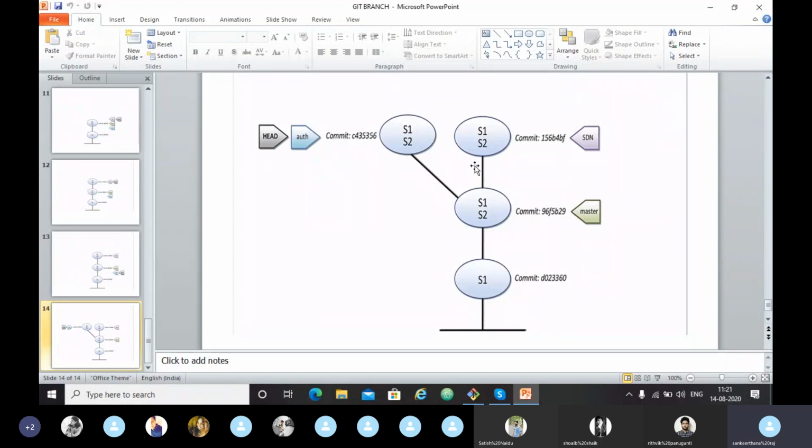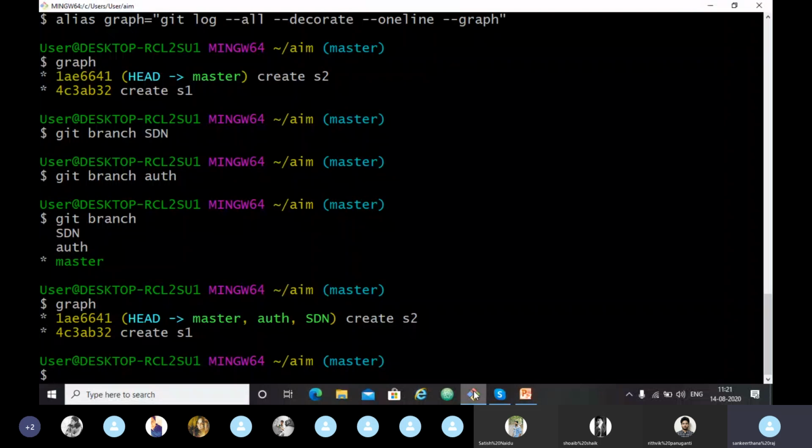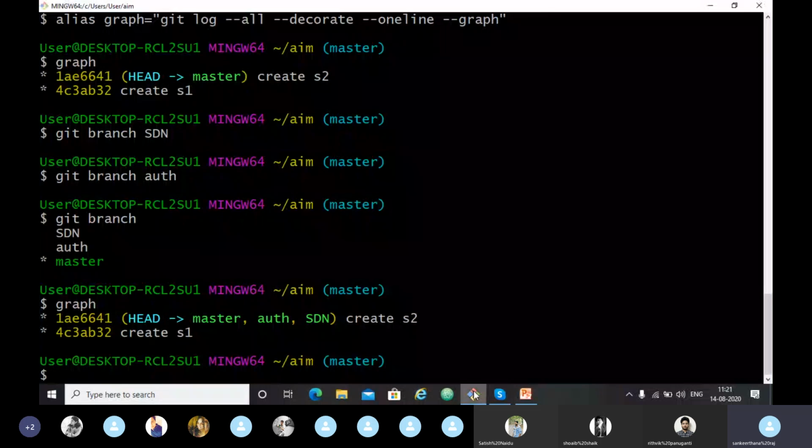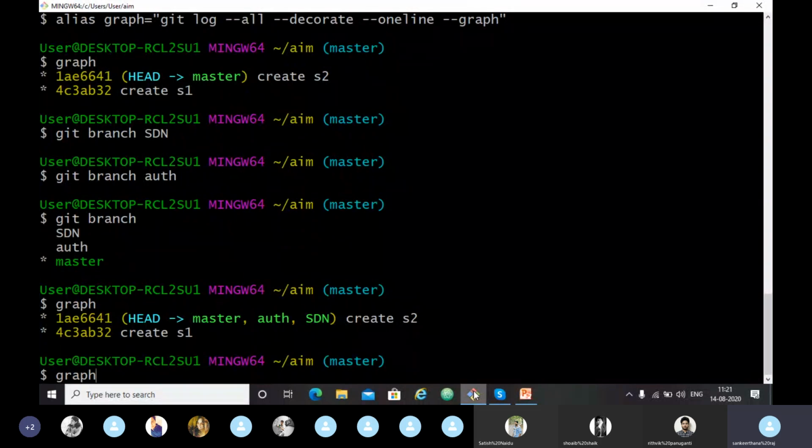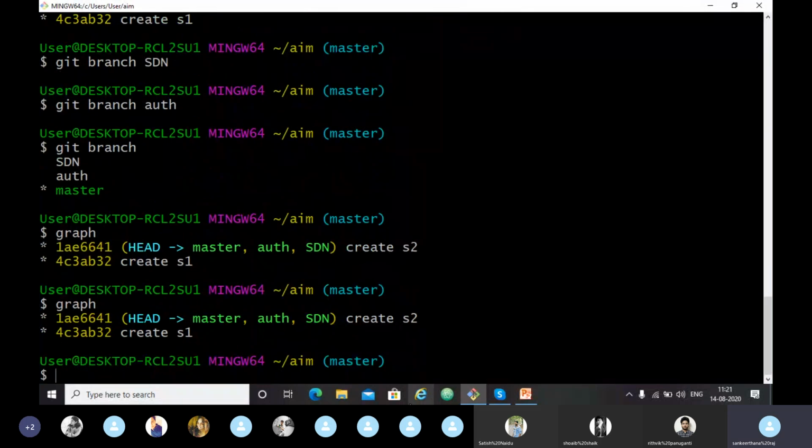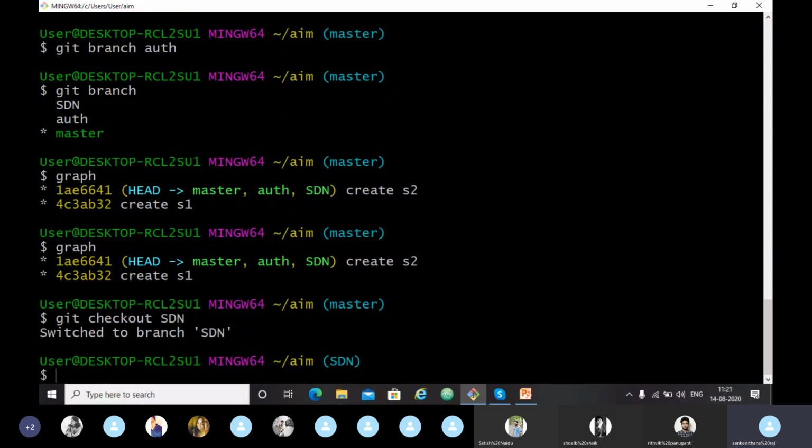After this, let's get back to our CLI. Let's see the graph. Head is pointing to master. Now I will check out my branch. Check out SDN, switching to branch SDN.